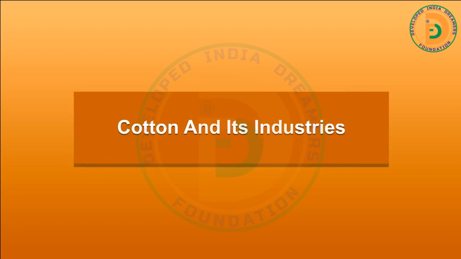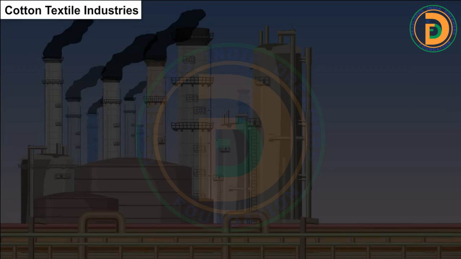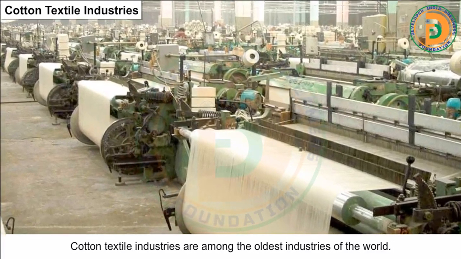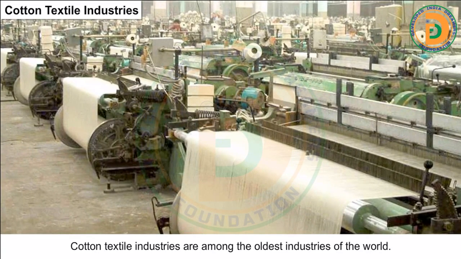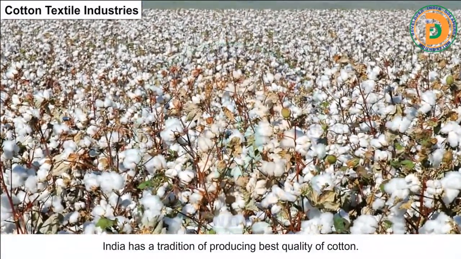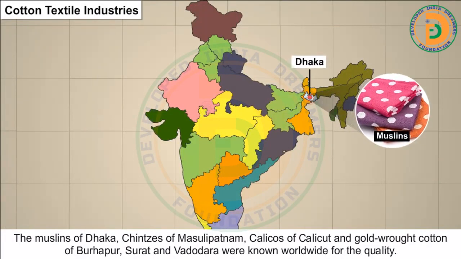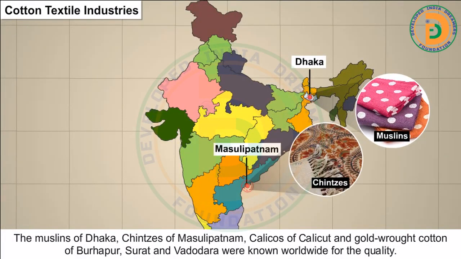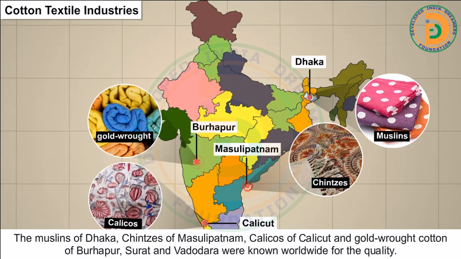Cotton and its industries. Cotton textile industries are among the oldest industries of the world. India has a tradition of producing the best quality of cotton. The muslins of Dhaka, chintzes of Masulipatnam, calicos of Calicut, and gold-wrought cotton of Burhanpur, Surat and Vadodara were known